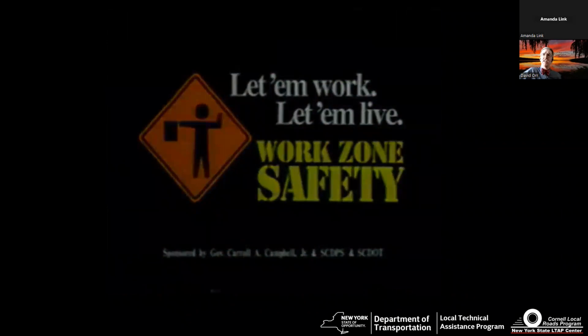So this is a PSA that was done out of North Carolina, but it illustrates points that are really important. One, if you're in a work zone, whether you're working in it or driving through it, somebody's workplace is there. If you're in the work zone working, you want to make sure you're safe, just like you want to be safe at work. And if you're driving through the work zone, you want to stay safe. If you get yourself in trouble, nobody is happy about that. We want to walk home every single day, all of us. So good work zones are really important, and they're one of the most important communication tools that we've got.